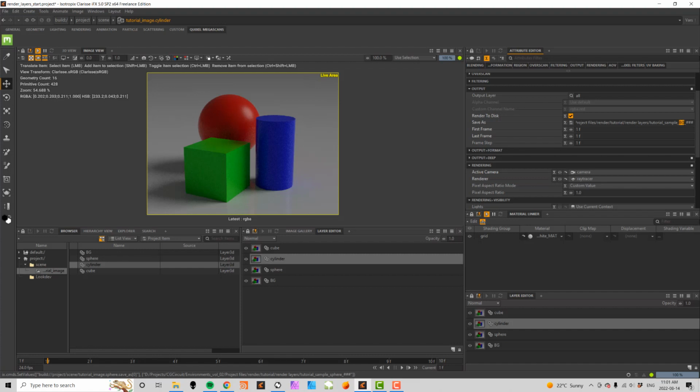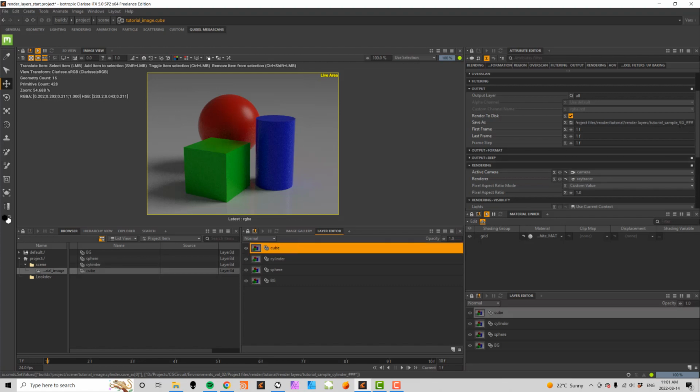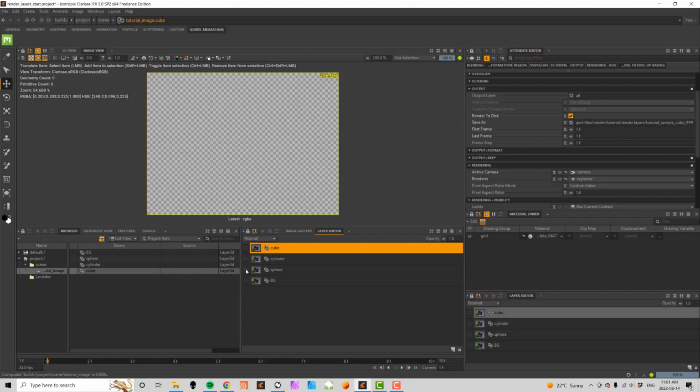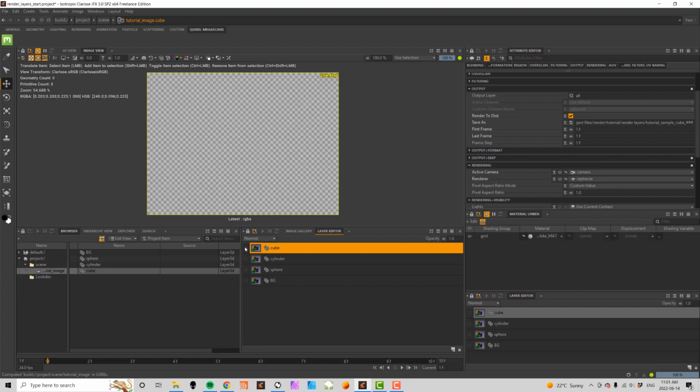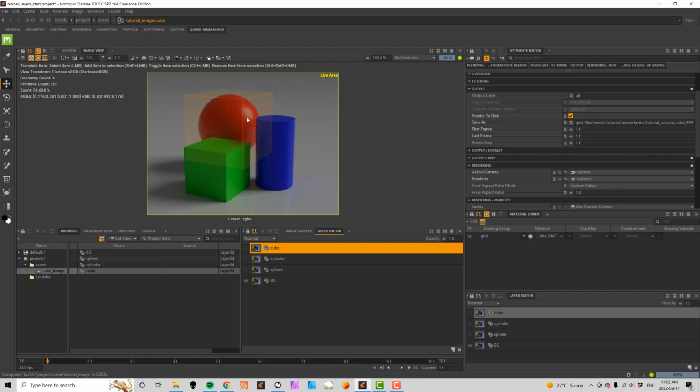Same with a cylinder. And the cube. Now, if we try isolating these layers, you will notice that currently they're all identical. So before we're able to separate each object into different render layers, we need to create what are called groups